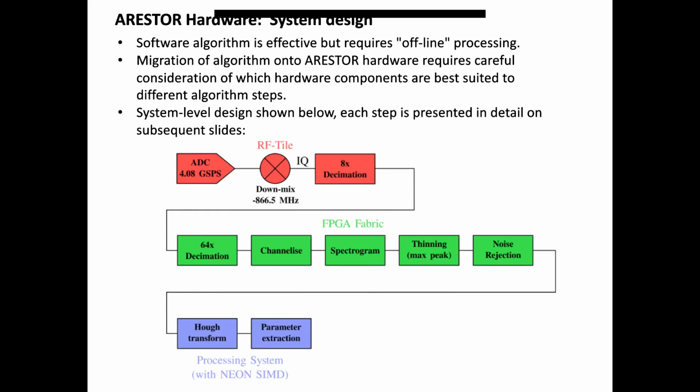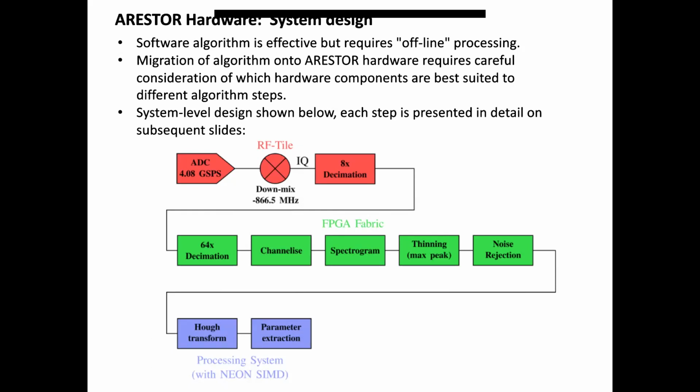So the block diagram at the bottom here shows how we chose to partition those, with the initial RF sampling and downmixing decimation done on the high-speed RF tile, which is part of the FPGA. Then a large part of the hardcore number crunching was done in the FPGA fabric. So that included further decimation. It involved splitting the wide bandwidth sampled data into separate channels, spectrogramming those channels, thinning those spectrograms, rejecting noise, and